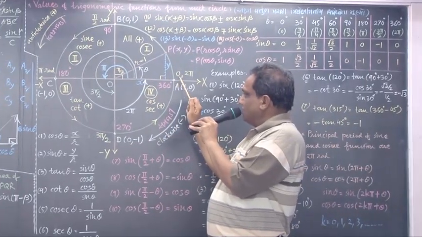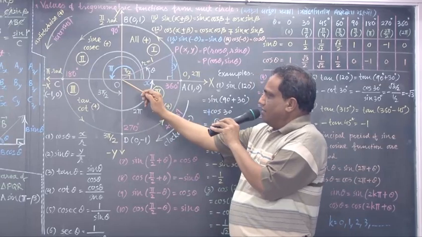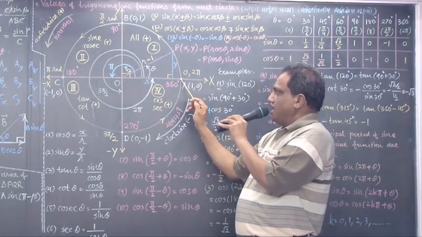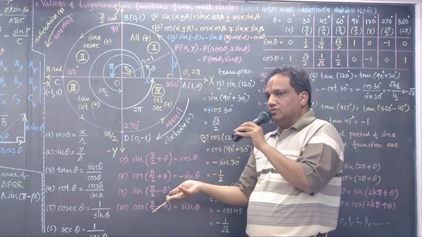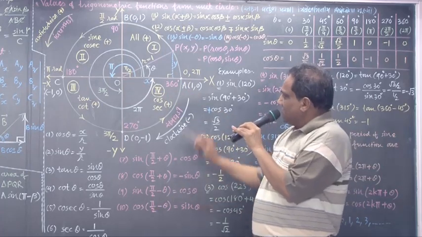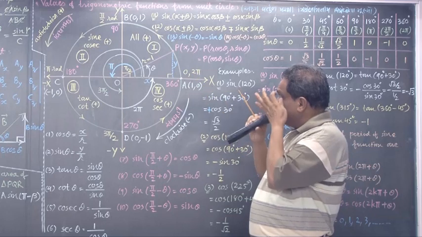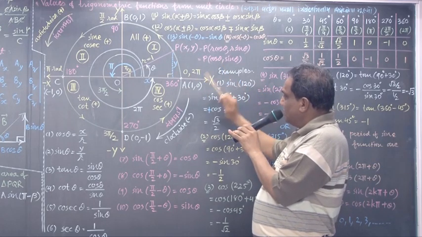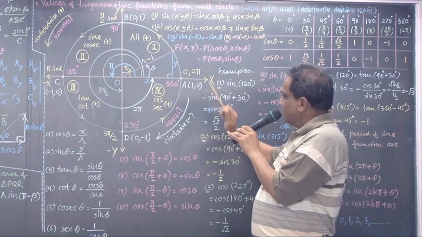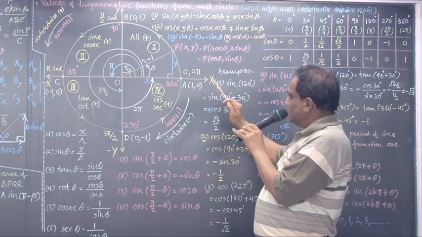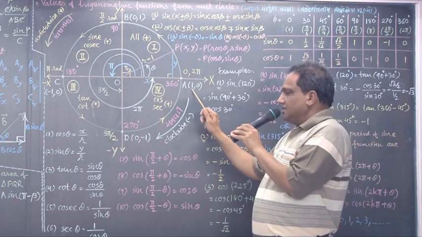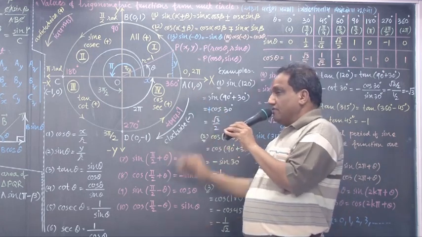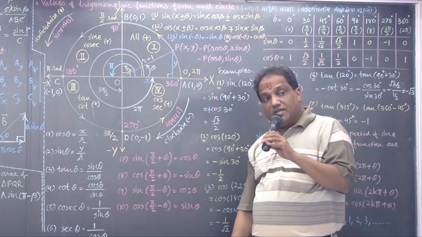Here you take angle theta. Angle made by OA with OX. Say theta. Then when you write 0 here, cos 0 is 1. When it is 0 here, sin 0 is 0. Firstly it is the x coordinate, secondly it is the y coordinate. The x coordinate is given by cos, the y coordinate is given by sin.